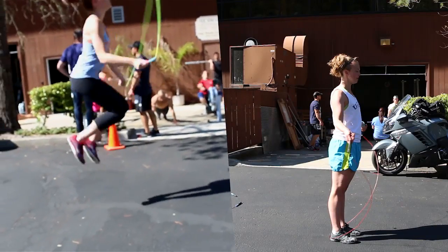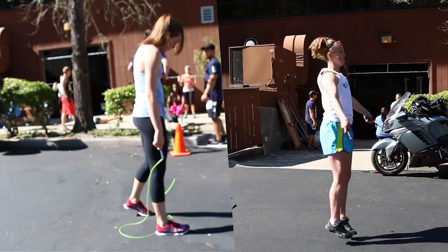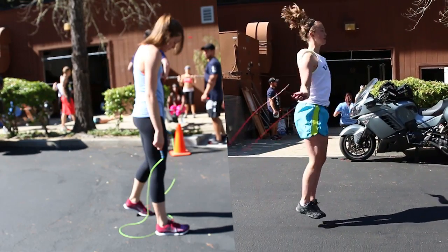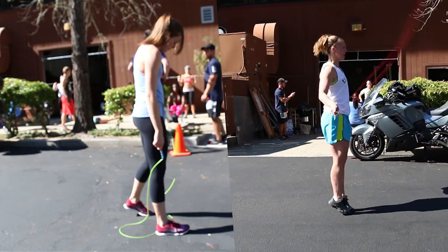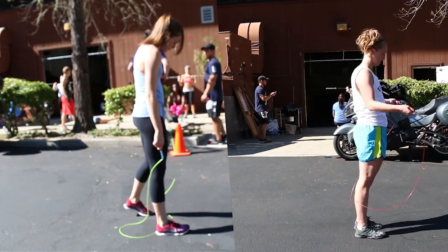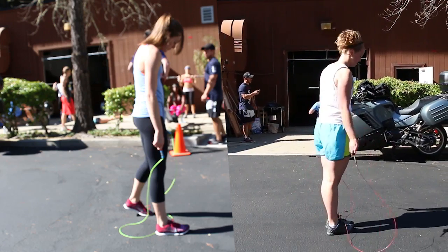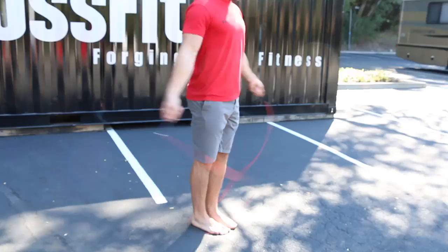One of the other problems that people have when they do double unders is they're not quite sure what to do below the waist. So a lot of times what happens is they either get into almost a donkey kick or kind of a pike where they break at the knee and the hip. But what we want to look for is more of a streamlined, straight position. So when we watch Cary do some double unders here, if we're just watching below the waist,